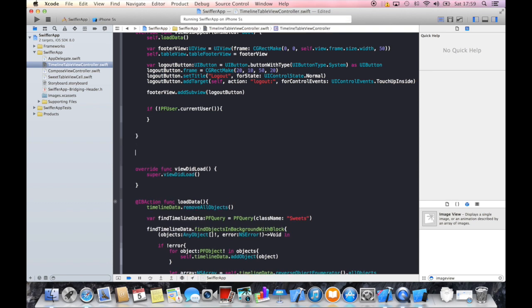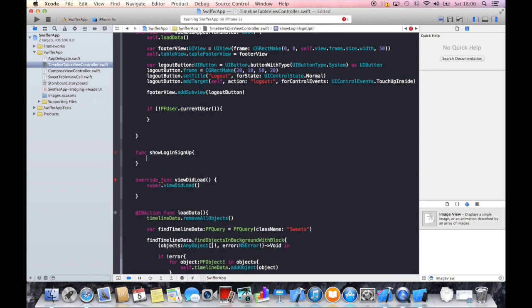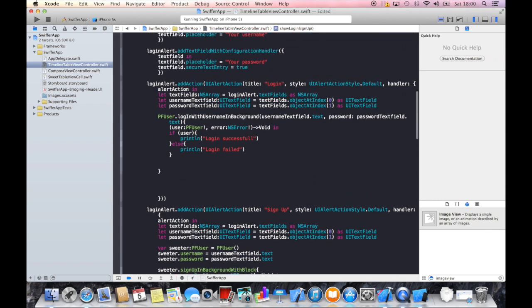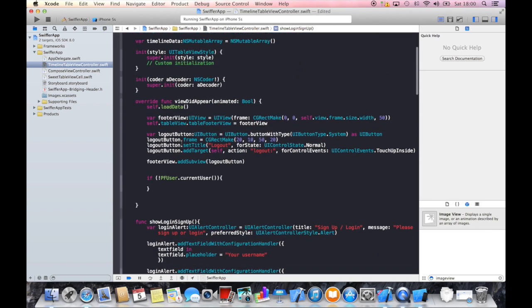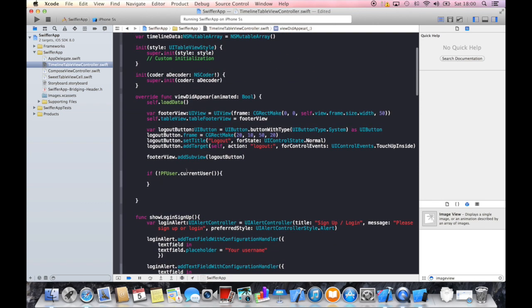logic that we've just cut from our viewDidAppear function, and we will call it function showLoginSignUp. There need to be no parameters in this function, so don't forget the parentheses. And now just paste the code here, and we can then call it in this if statement when we check if there is already a user logged in when we start the app or when we come back from